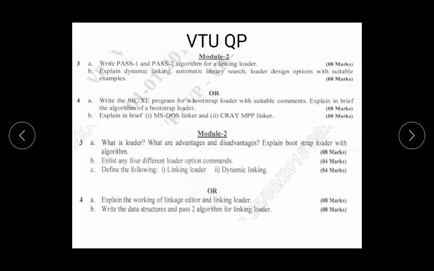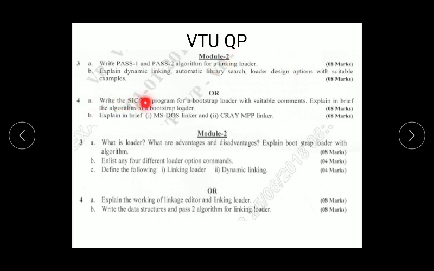That is, write the pass1 and pass2 algorithm of a linking loader. Both pass1 and pass2 algorithms are important along with their working. Then today's discussion, dynamic linking with all the figures, figure A, B, C, D, etc. Automatic library search, some points related to automatic library search, and loader design options, in the sense the commands, command language, include, delete, change, etc. Commands we have discussed now, that you have to write. Dynamic linking, automatic library search and loader design options.